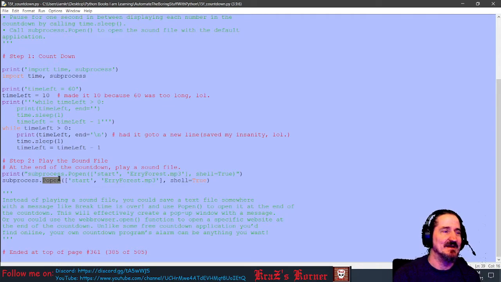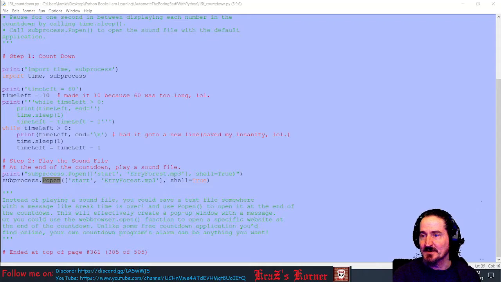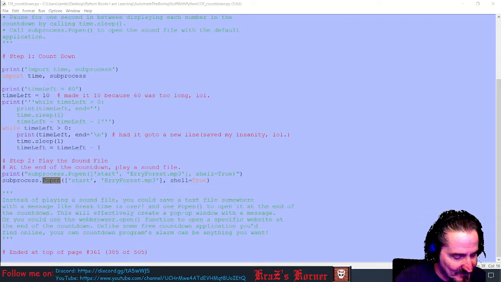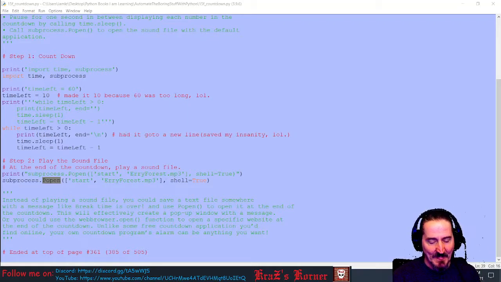Right? Well, it's the same thing. Same little simple program that does the same thing, without the ads or all the other crap. And then, of course, I ended at the top of page 361. I'm going to go over here, 361. Which finally brings me to